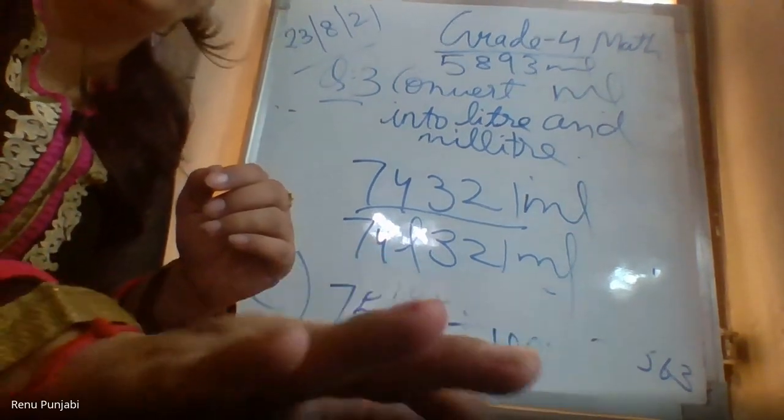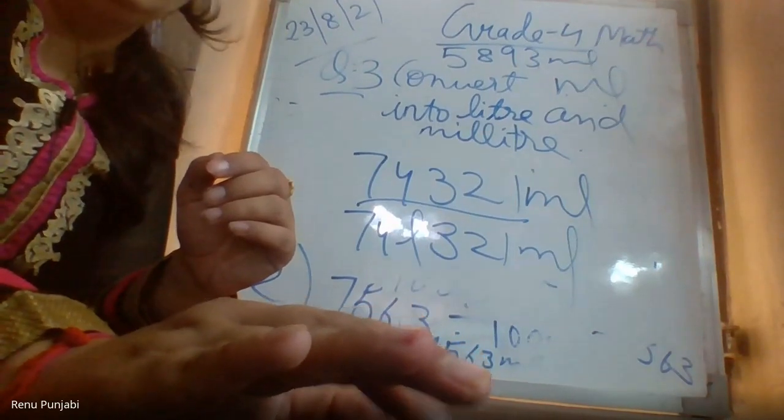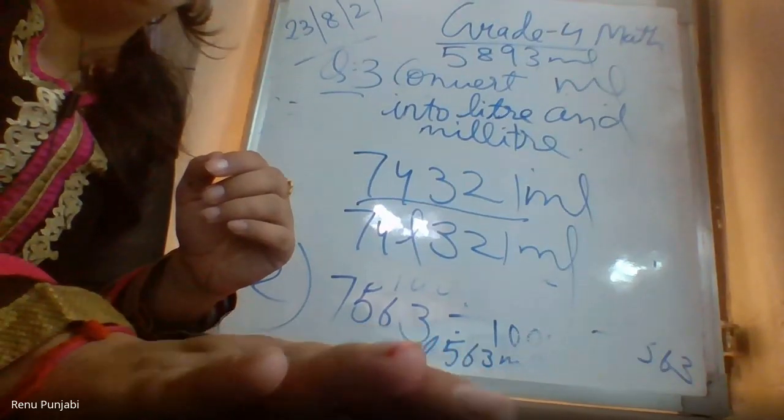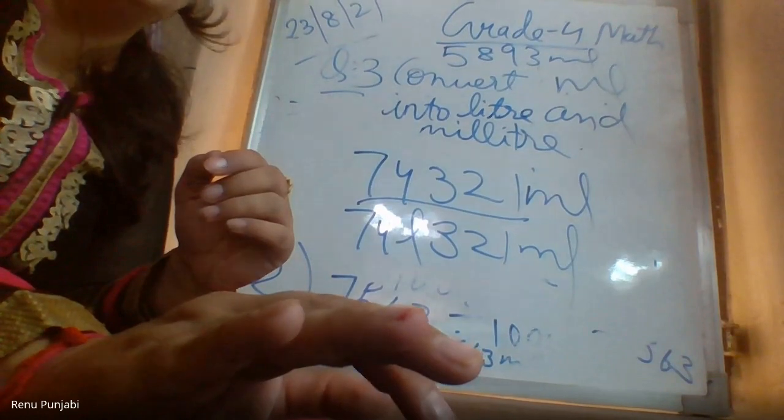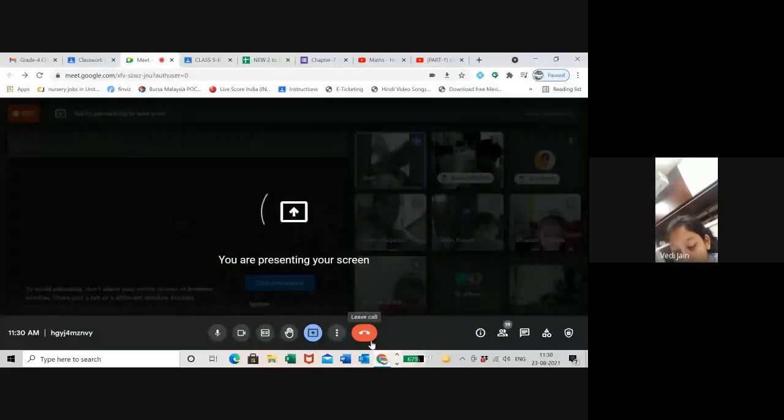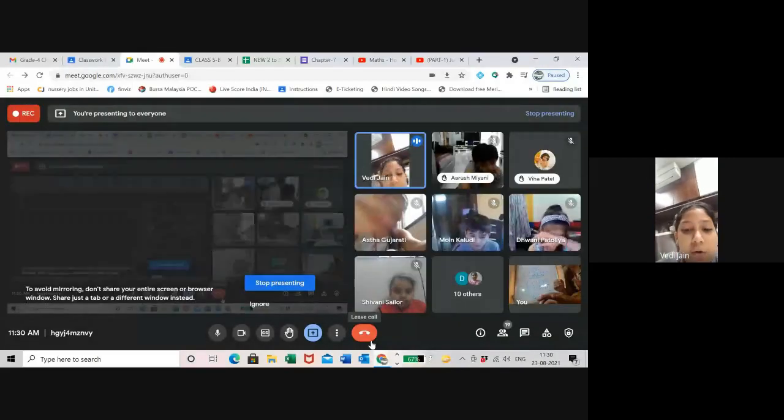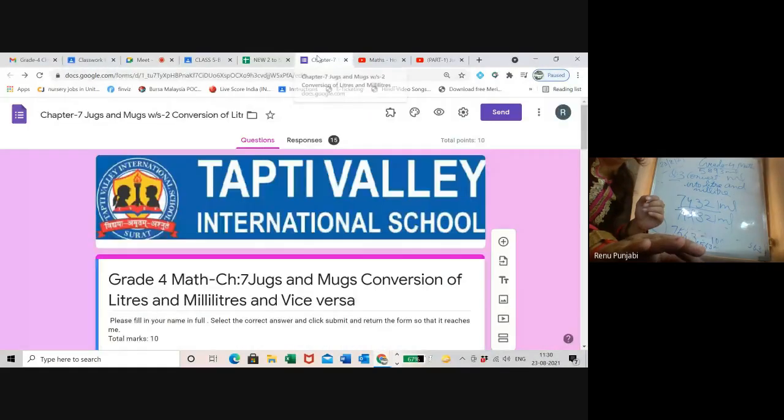Excuse me, ma'am. Yes, Vedi. That one that you just now sent, we have to do right now? Yes, start doing. If you're not able to complete in the class, you can complete after the class. This is your home task. Ma'am, on the next page we have to mark it as the home task? Yes, you need to mark as done also.